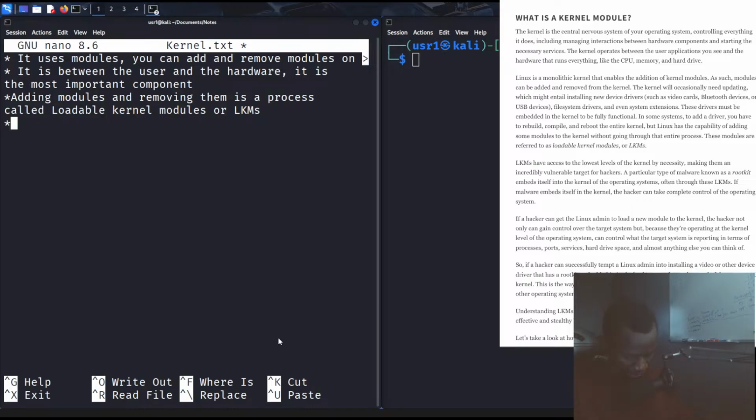LKMs have access to the lower level of the kernel by necessity, making them an incredibly vulnerable target for hackers. A particular type of malware known as a rootkit embeds itself into the kernel of the operating system, often through these LKMs. If malware embeds itself in the kernel, the hacker can take complete control of the operating system. Okay, so